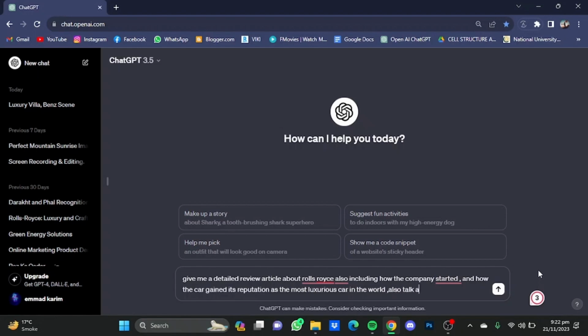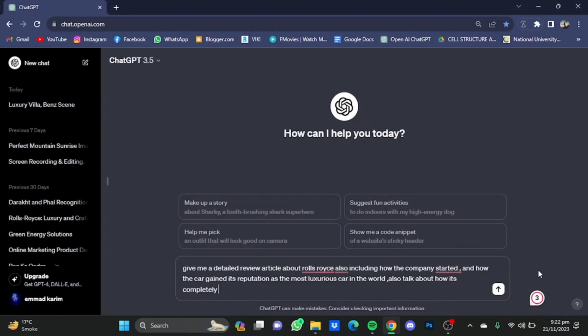Also talk about how it's completely handmade and customizable, and also include its engine capabilities,